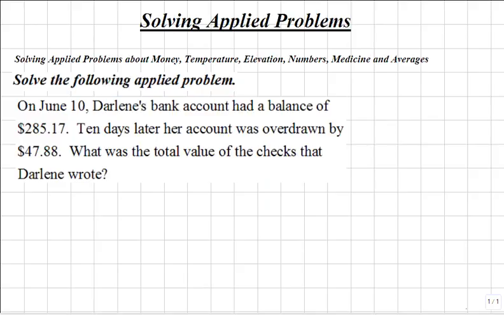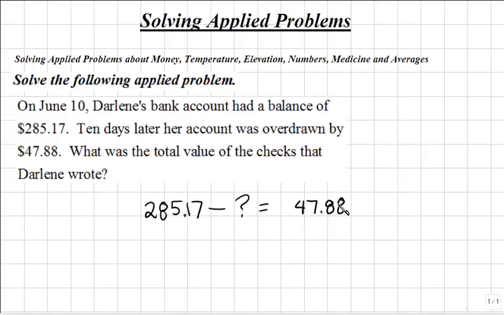To solve this applied problem, it seems that Darlene's bank account began with a balance of $285.17. And from this, she wrote checks in the amount of some number, so that as she writes these checks, she'll subtract these amount of checks from 285.17. The result is that her bank account is now overdrawn by an amount of $47.88. So we'll subtract some amount that she wrote in checks from her bank balance to arrive at her new account balance, which is overdrawn by